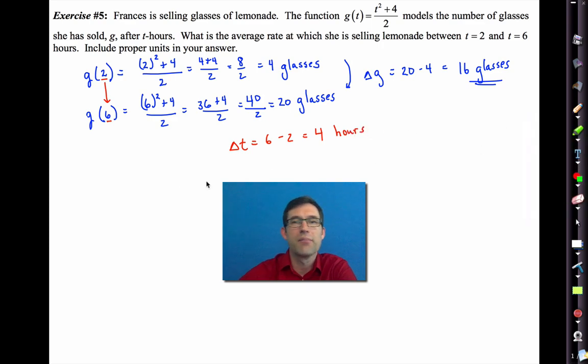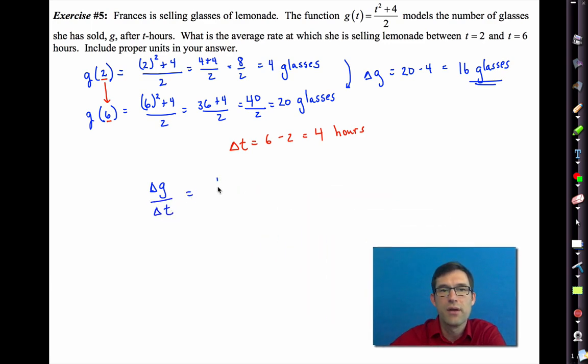So finally, I can combine the two: the change in the output divided by the change in the input, 16 glasses divided by 4 hours, gives me 4